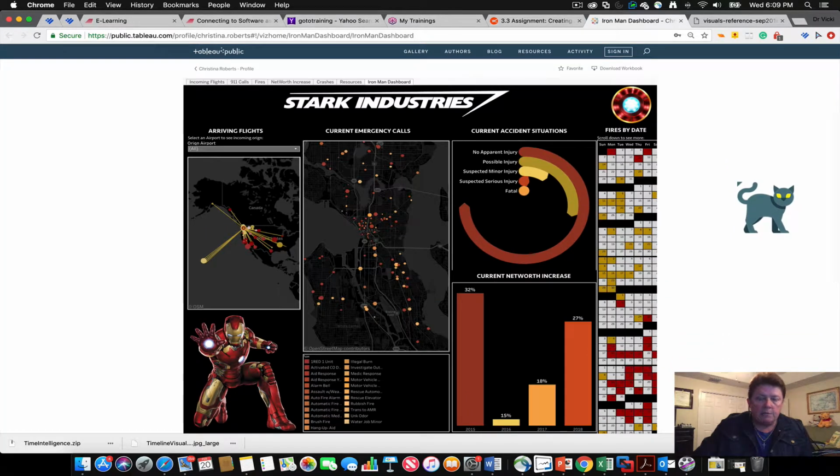This is a dashboard for Iron Man. I find it very attractive. The color scheme is consistent. There's the logo. Down here you've got legends. You've got bars. You got a calendar. Look at all of the graphs here. A map about emergency calls, arriving flights. And if you see when I'm scrolling over, it's all